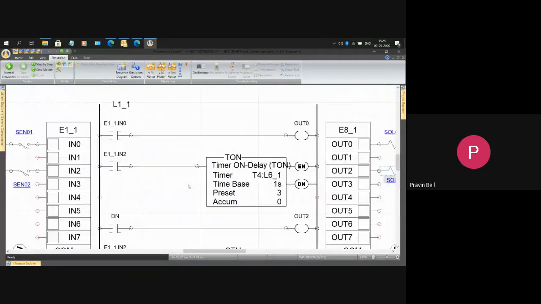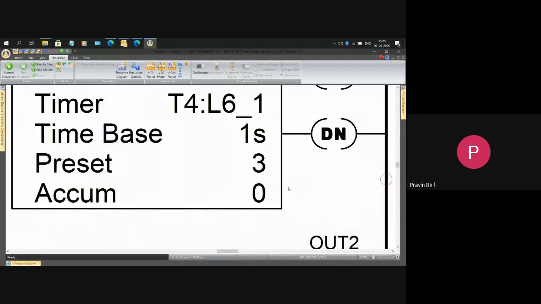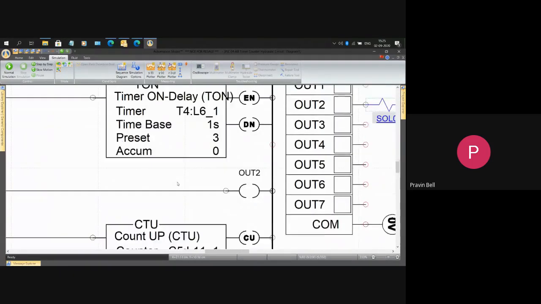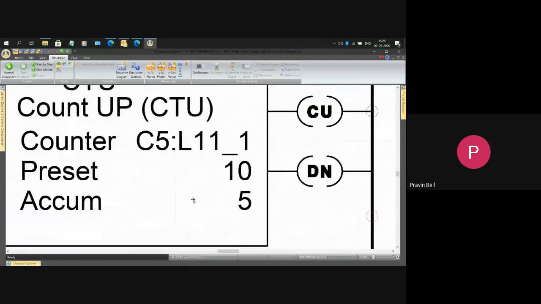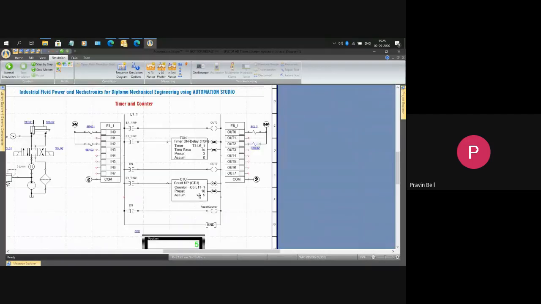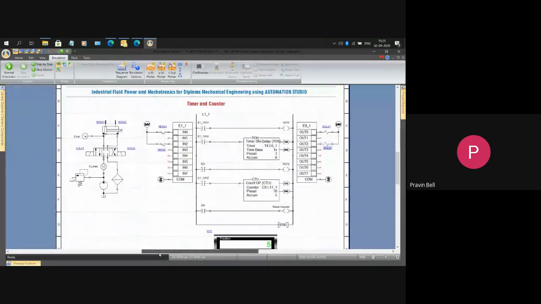So this is an Allen Bradley circuit here. So when sensor 1 triggers, signal will come to IN0. It will operate the first solenoid. Piston will extract. Once piston extracts, this signal is given to the timer. The timer will count to 3 seconds. Okay. So piston will extract, timer will get triggered. It will wait for 3 seconds. Then the piston will retract. Okay. And every time the piston extracts, this counter will keep counting here. So in the same circuit, we have a T-on delay timer as well as a counter. Okay. So I'll simulate this particular circuit.